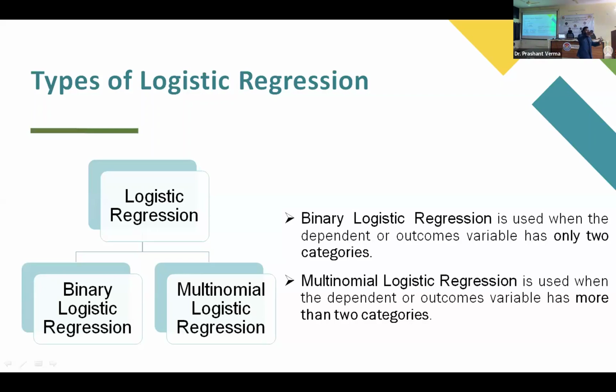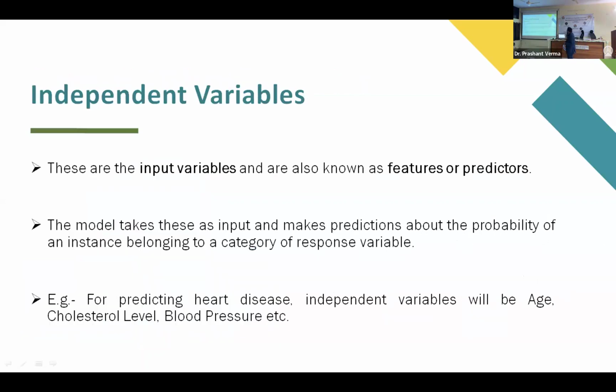You can think of some other use cases where the classes are more than three, four, or five. Especially in case of risk, we can make four categories. In psychological research, we can make four or five classes for a particular phenomenon, like the level of depression or level of anxiety a person is having. Okay, that is the basic difference between binary logistic and multinomial logistic regression.